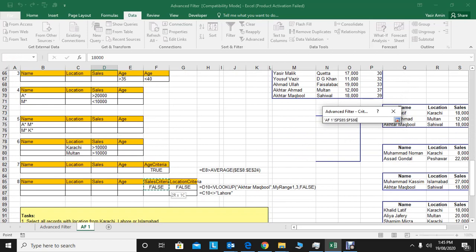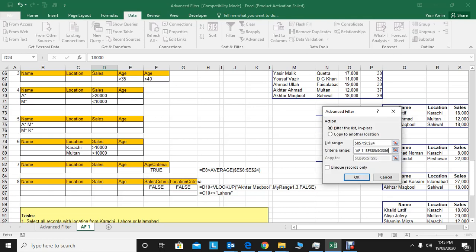Sales criteria and location criteria. Sales criteria D10, it should be less than, then lookup Akhtar Maqbool in the range. Column 3 is the sales of Akhtar Maqbool and it should be less than Akhtar Maqbool's sale, which is 18,000, and the area should not be Lahore.